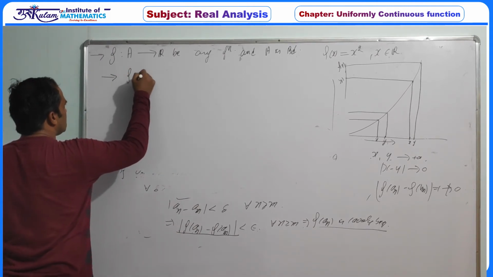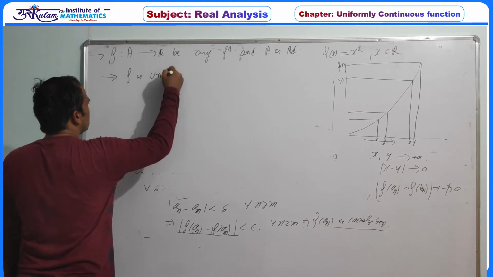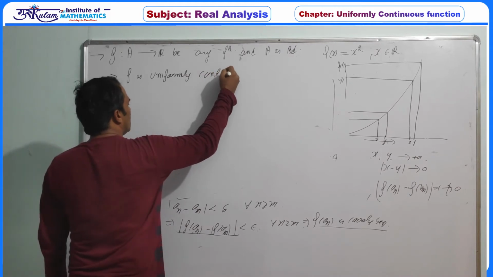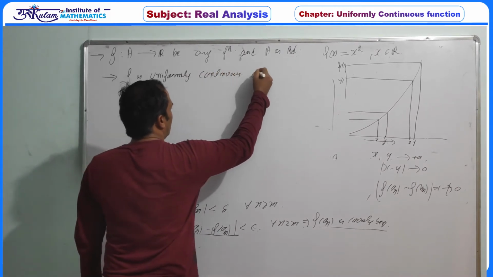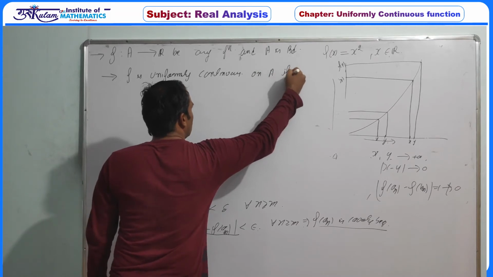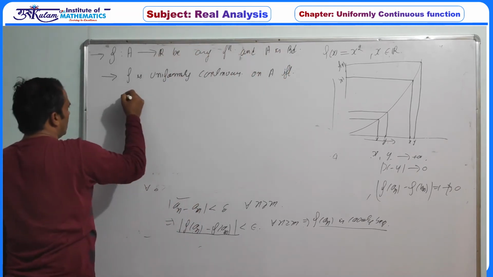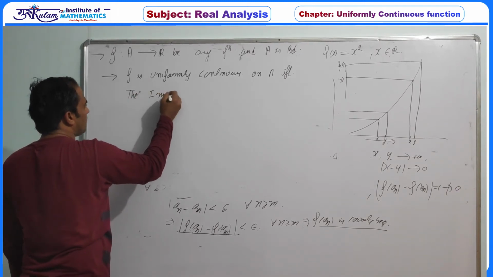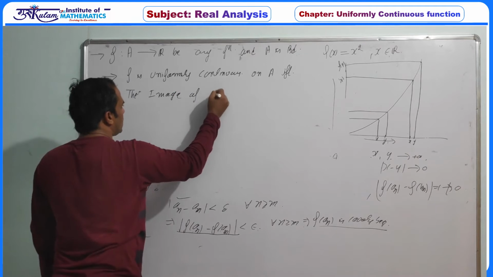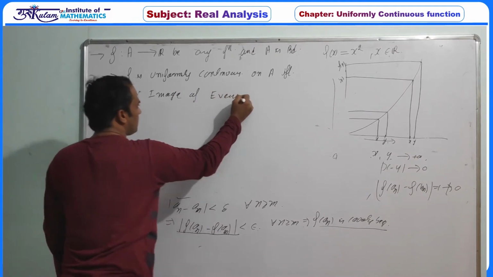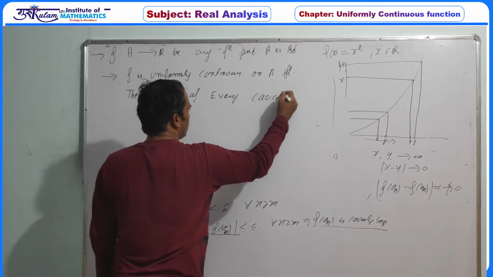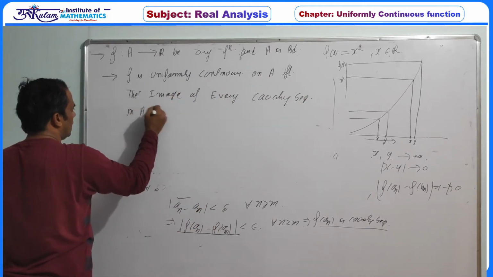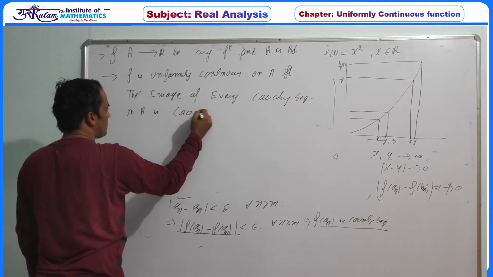Then f is uniformly continuous on A if and only if the image of every Cauchy sequence in A